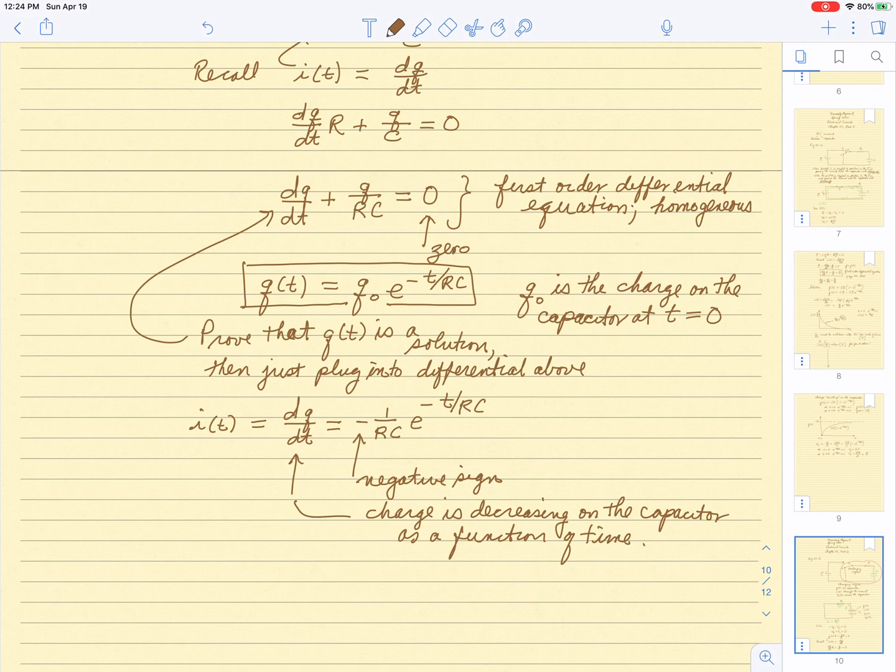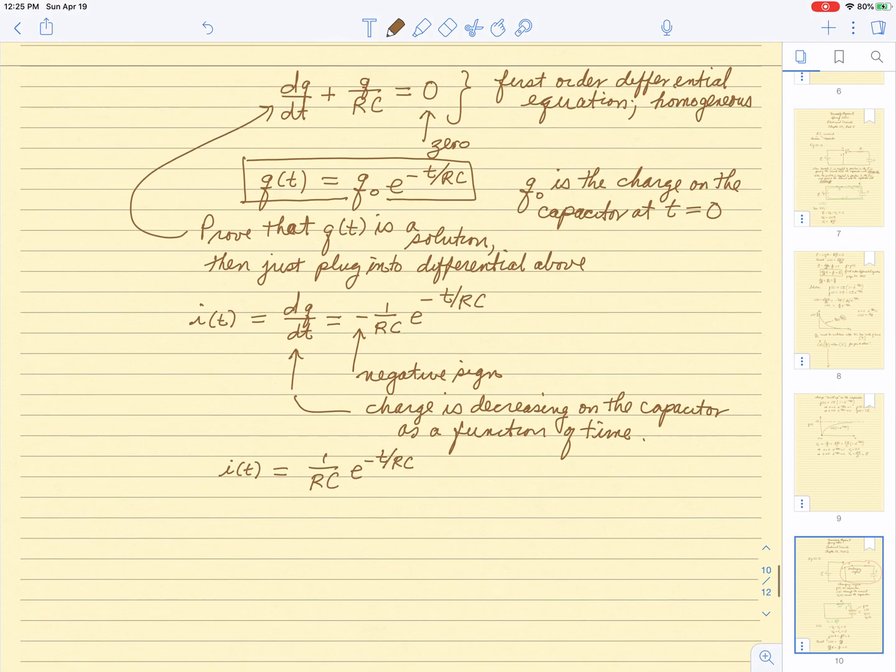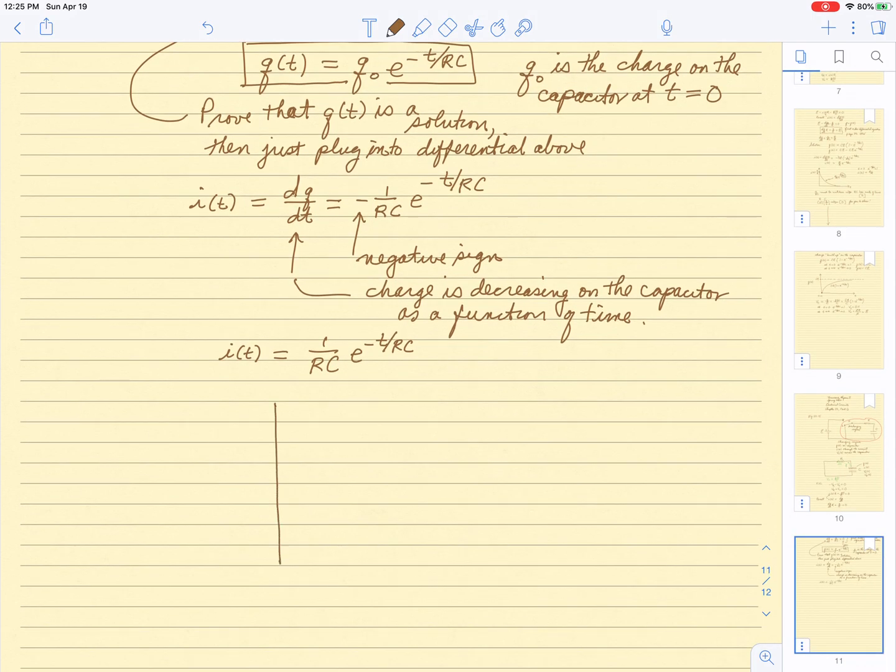For those of you who had general chemistry, you might remember the rate equations for reactants normally carried a negative sign, again indicating that the reactants were disappearing as a function of time. And the same goes here. So the current, though, in magnitude, right, the current's going to be equal to 1 over RC e to the negative t over RC. And if we were to plot that up,